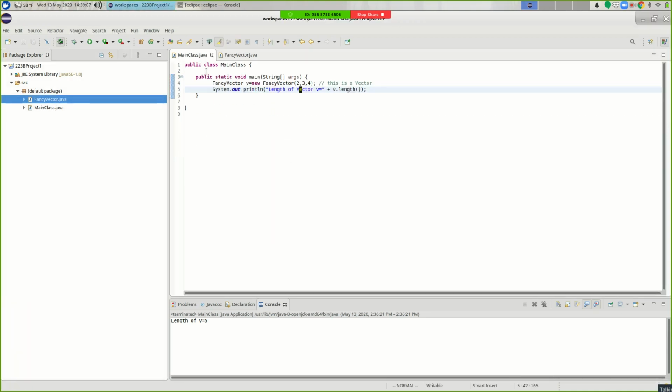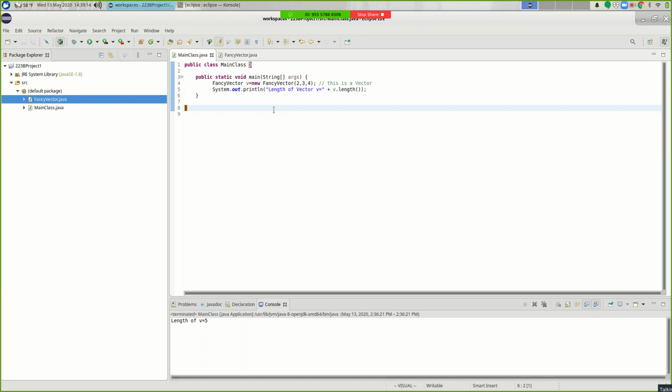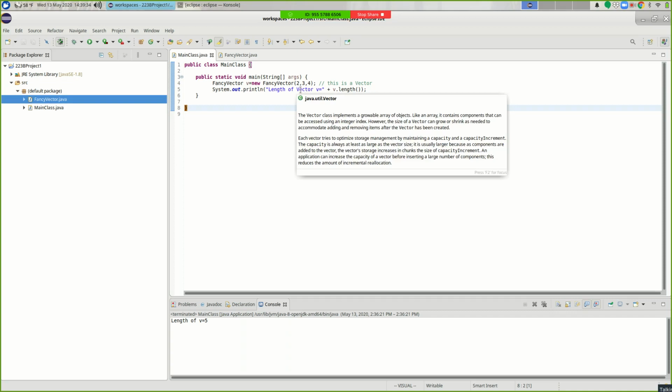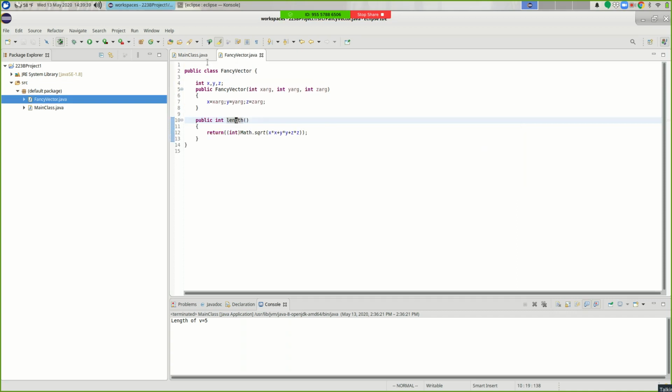The constructor got changed, right? But my comment did not get changed, and my quoted string did not get changed. Okay. So this is safer usually and more powerful than just doing a global replacement, right? Where you just say replace all occurrences of vector with fancy vector, right? Because why? It's an integrated environment. Right? The editor understands the language. It understands what the compiler is going to do. It knows that this is not something that needs to be renamed just because this got renamed.